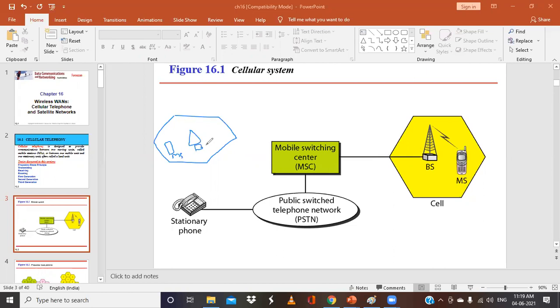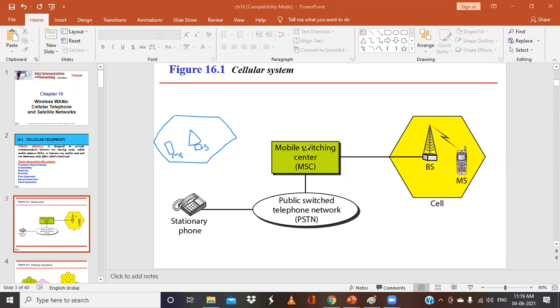The base station and the mobile station together we call a cell. Each cell contains an antenna and is controlled by a solar or AC power network station. Each base station is controlled by a mobile switching center, or MSC. Here also we have a base station, which will be controlled by the mobile switching center. And